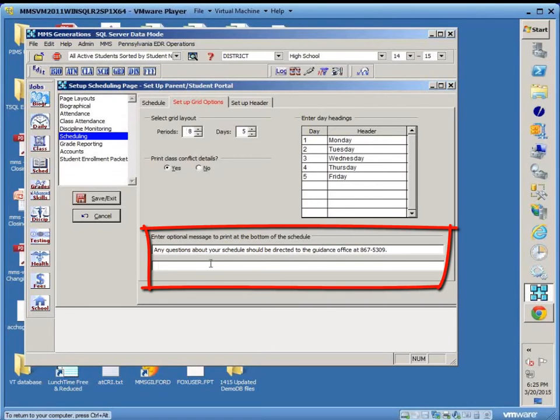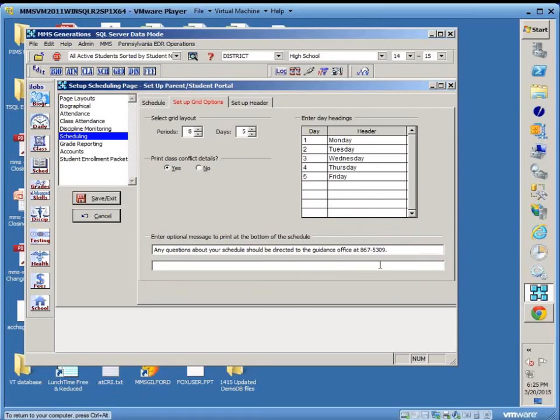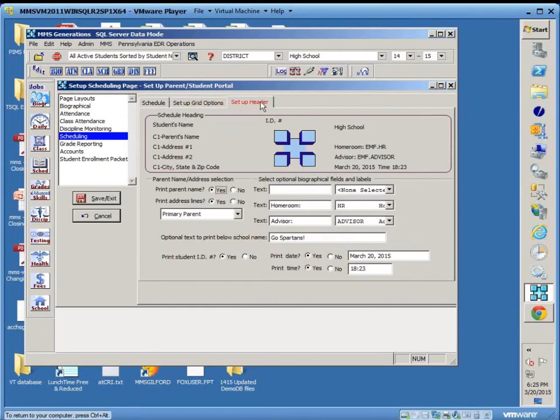And then you have 2 text areas where you have optional information to print at the bottom of the schedule. And then this is your setup for the header as to which information you want to include. Very similar to the operation for setting up, printing out student